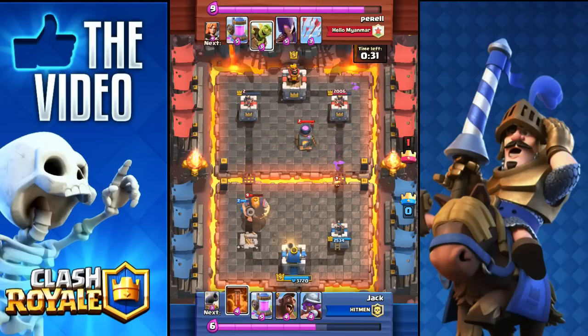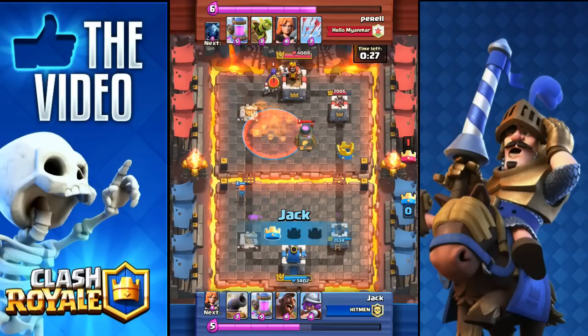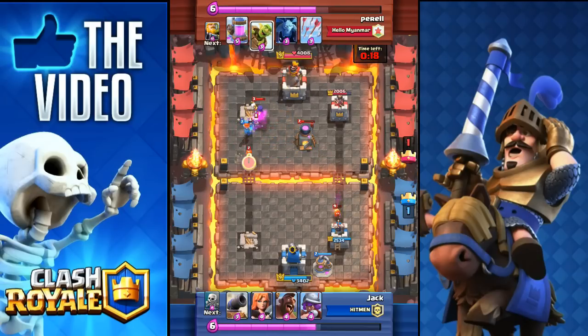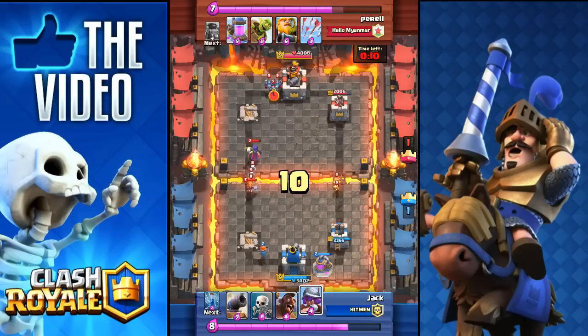Opponent plays a Furnace towards our right hand side now. We poison that and the tower and finish the tower off there. So we're tied 1 tower apiece with 20 seconds to go in this battle. We suffer a bit of chip damage there from the Fire Spirits. Opponent pushing a little bit on the left hand side with a Witch and a Valkyrie, followed by some minions